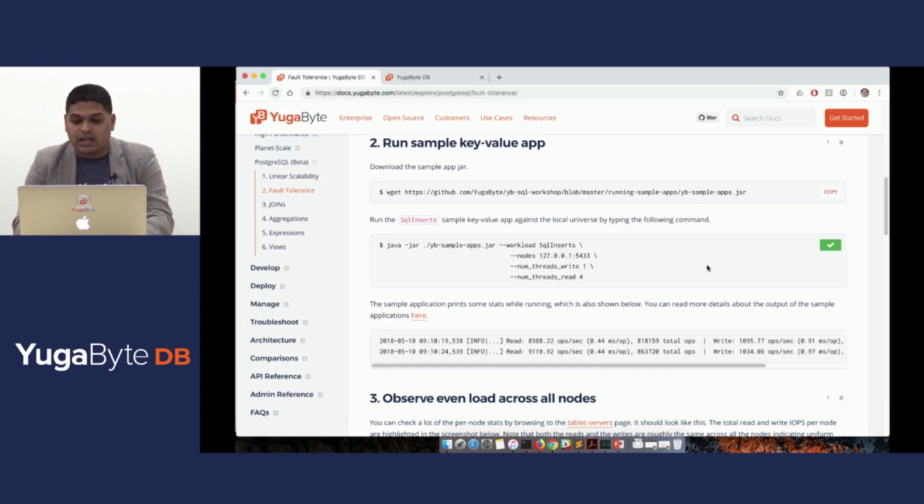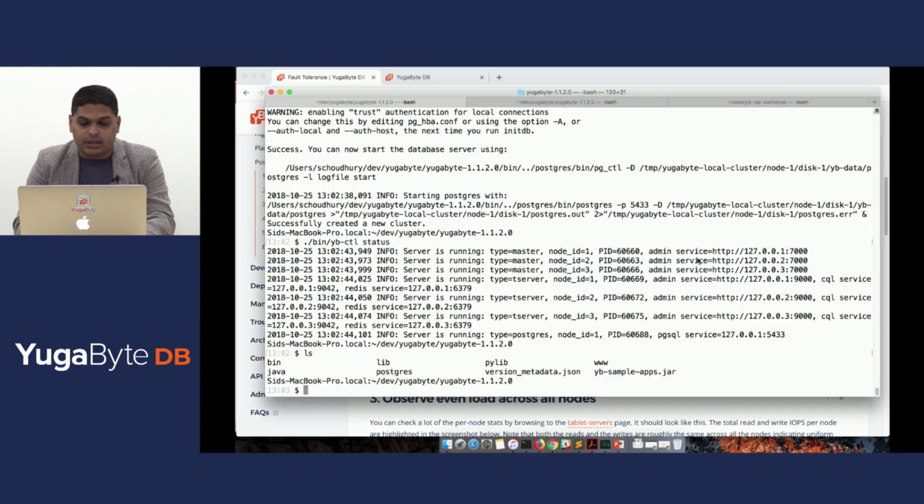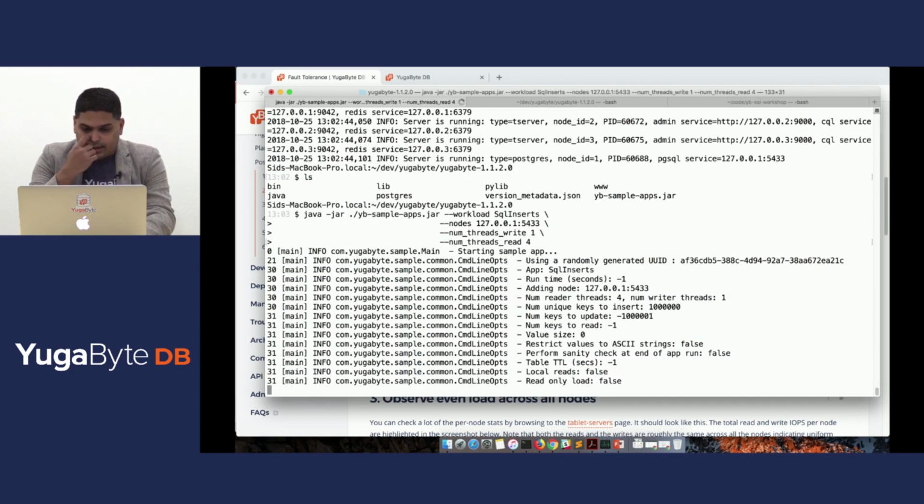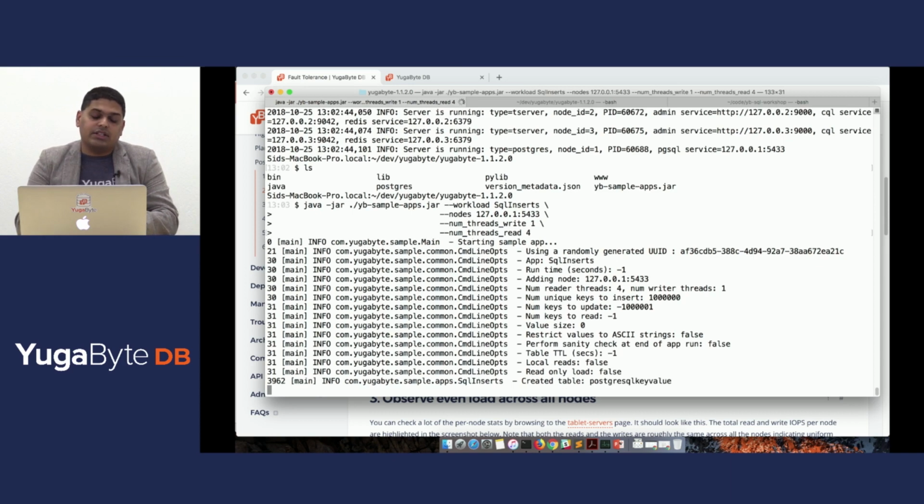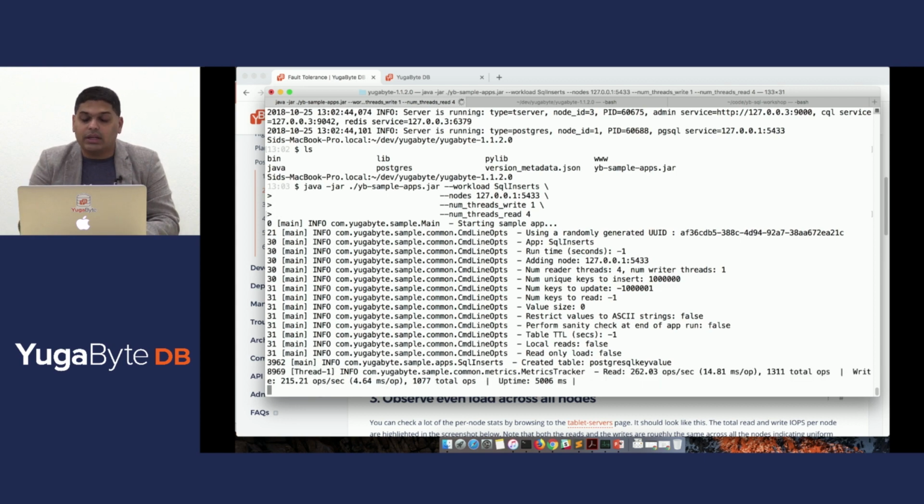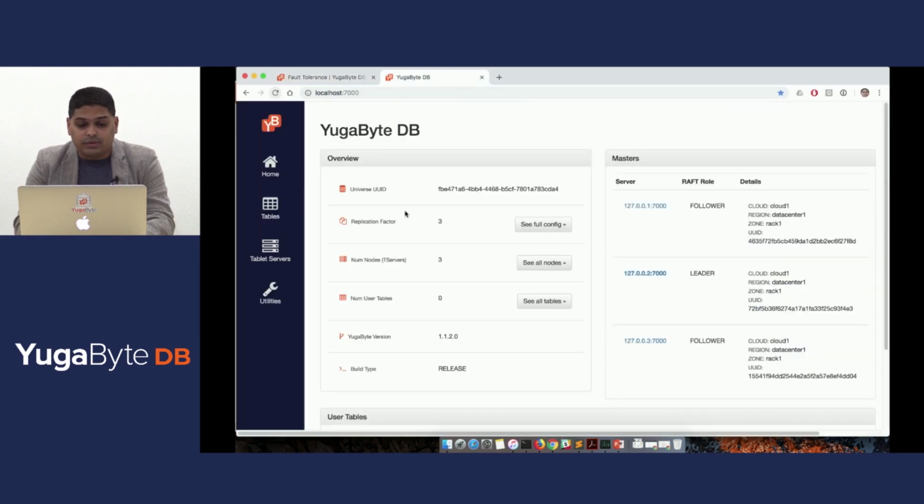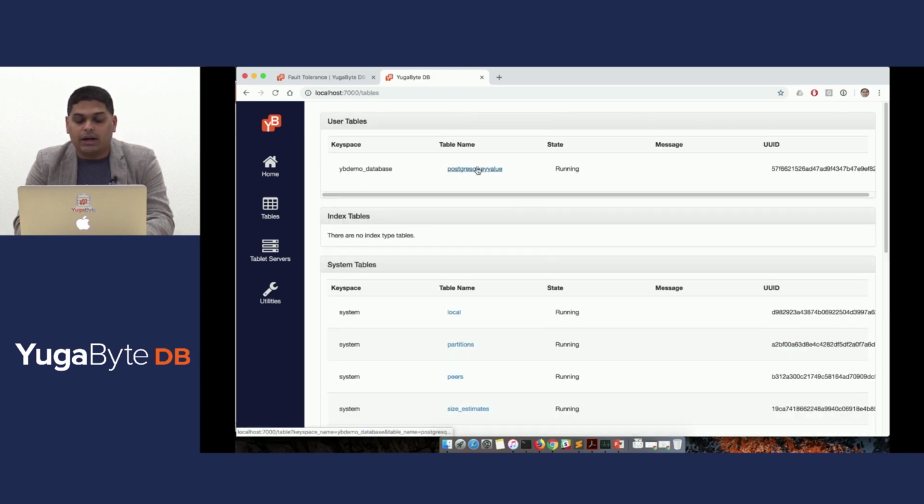So all I'm going to do is simply run the sample application. And there you go, the application is starting. It's going to create a new PostgreSQL key value table in the system, and it's going to start doing a bunch of key value inserts and reads on top of that. We can observe that this table is now created by looking at the num user tables and seeing all tables